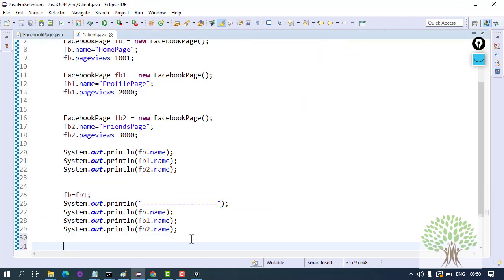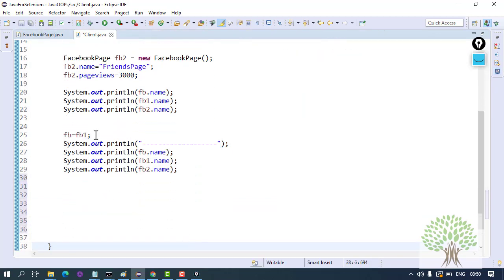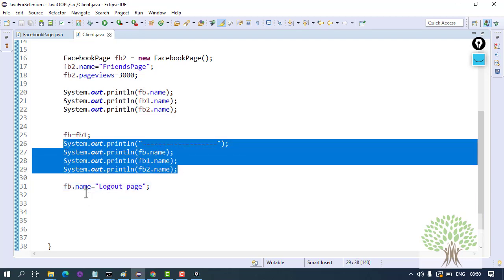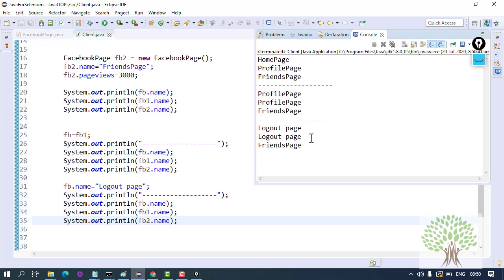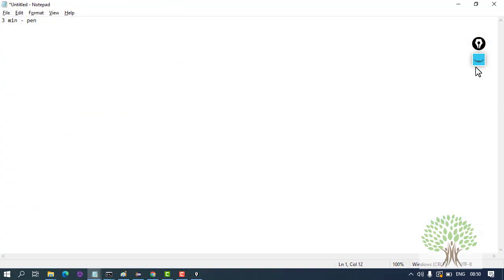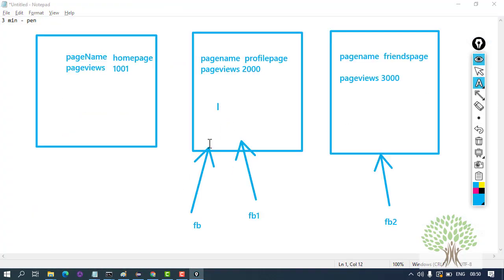And if I change the state of the object with any one of these two references, if I write fb.name is logout page and print the same thing, you will see in the output that it prints logout for both fb and fb1, because in the memory both references are pointing towards the same object.